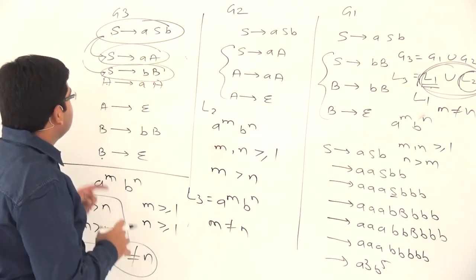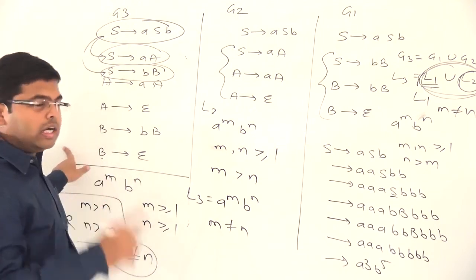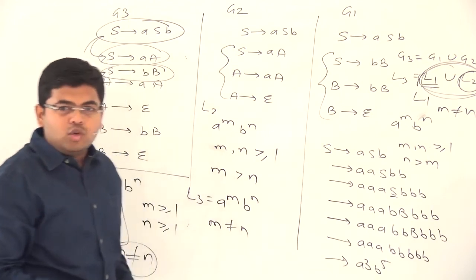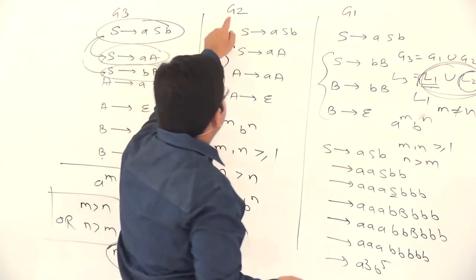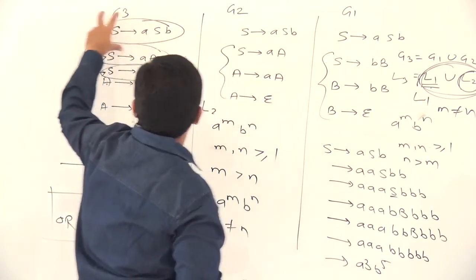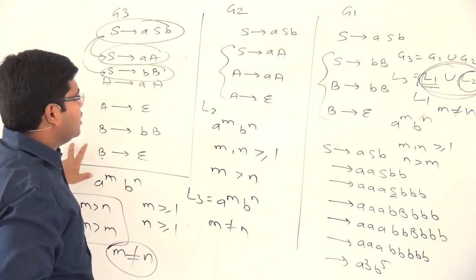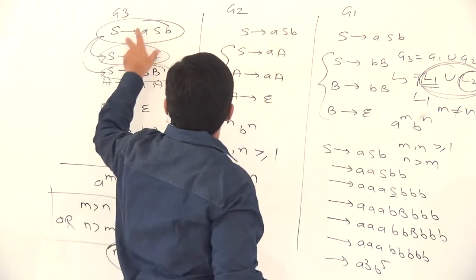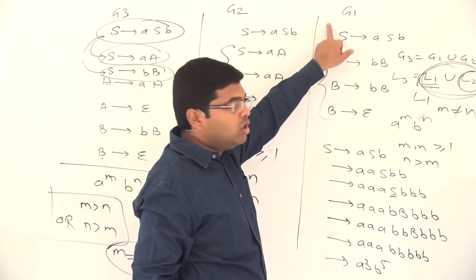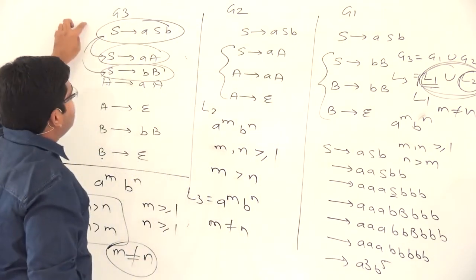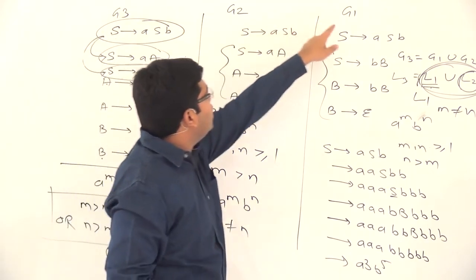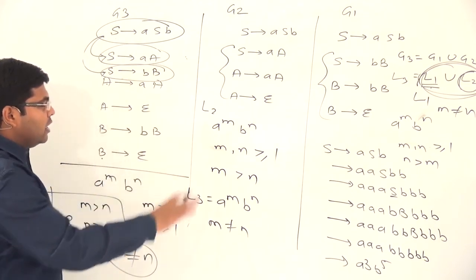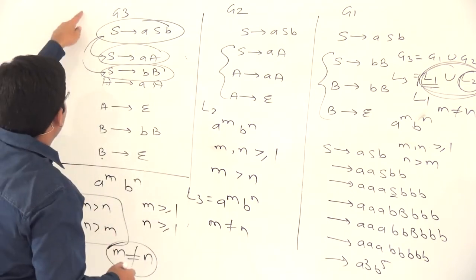And therefore, this is one very powerful example which shows us that two different grammars can be combined to get the union. Whenever you combine two grammars, the resultant grammar will produce a language which is the union of two languages. So, if G3 is equal to G1 union G2, then language of G3 will be language of G1 union language of G2. Okay, I hope you are very clear with this grammar.